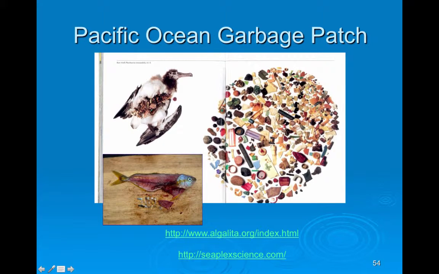Part of the problem with plastic is that it absorbs and then releases toxins, and it does have toxins in it itself. So if this is a little fish and the toxins are released into it, you can have biomagnification occur. So yeah, this is hugely problematic, and this is one of the consequences of the proliferation of plastic products within our lives. Now, plastics really didn't hit the scene before the 1950s, so this is a relatively recent phenomenon.